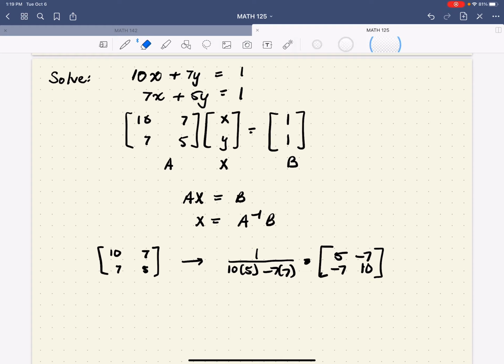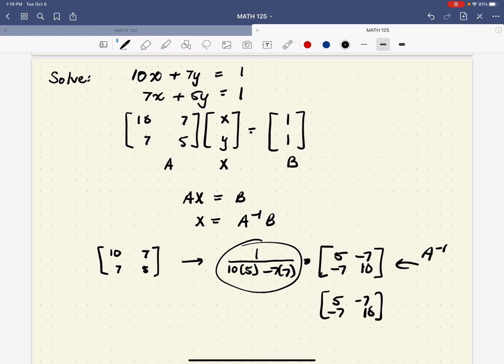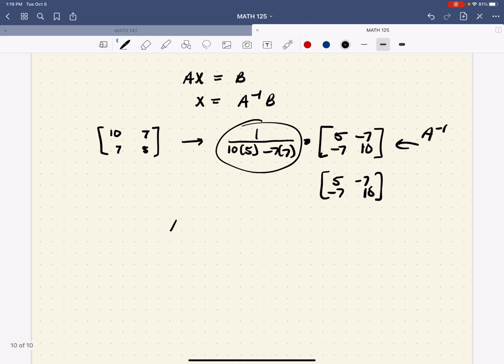So simplifying this, remember this here is A inverse. If we simplify this, this guy is just 1. So that means that A inverse is [5, -7; -7, 10]. How nice is that? So that means that X is equal to the inverse, [5, -7; -7, 10],